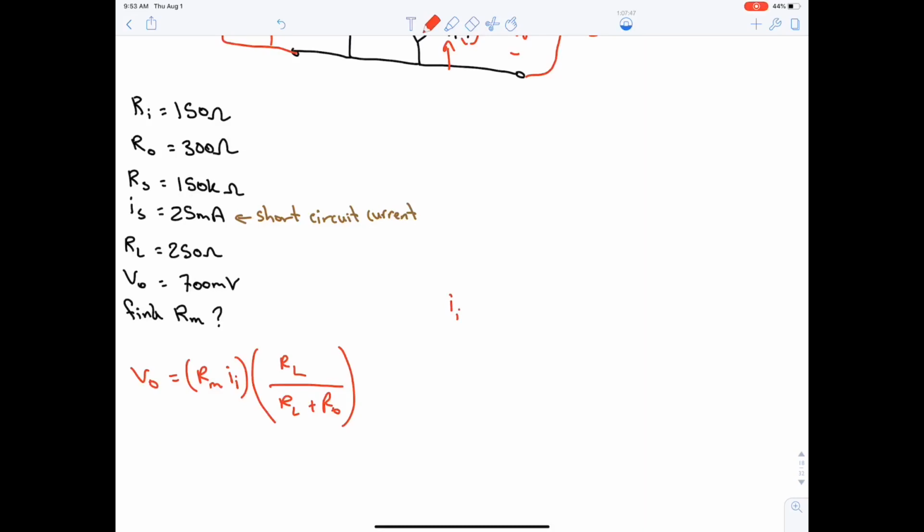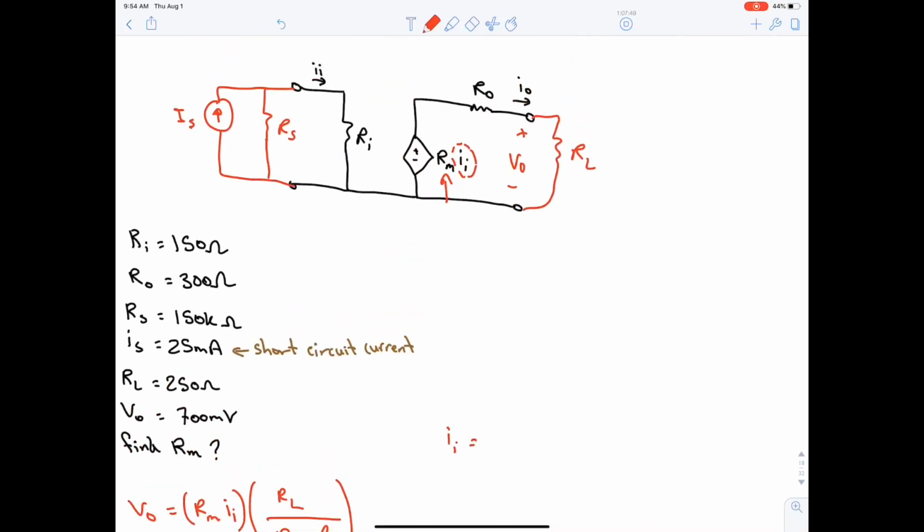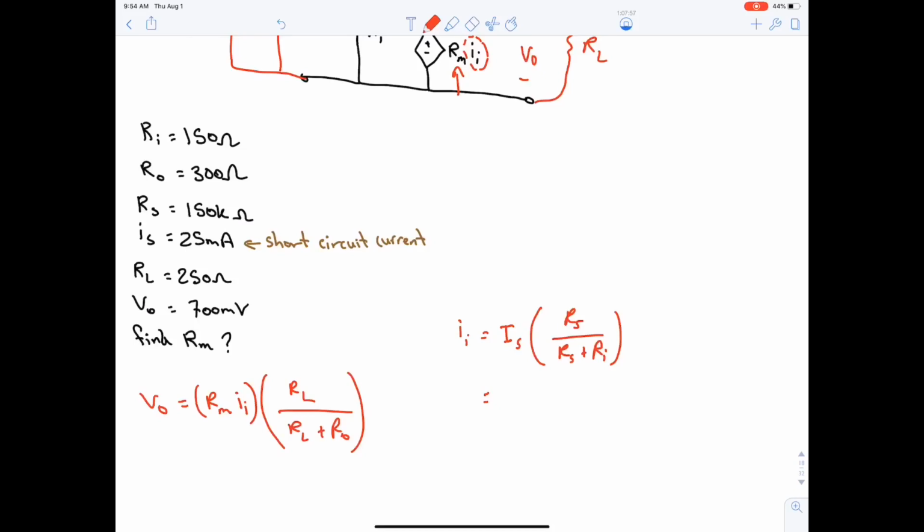So Ii is equal to current division, Is multiplied by Rs over Rs plus Ri. Is is 25 milli, Rs is 150k, 150k plus 150 ohm. Hence the answer is